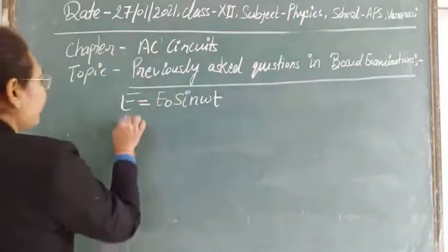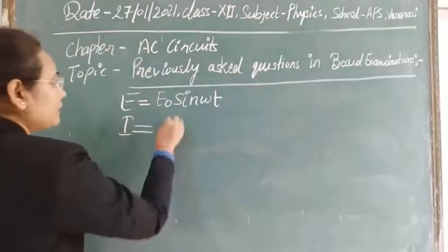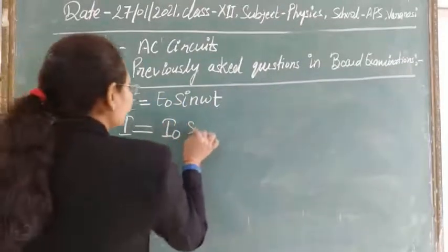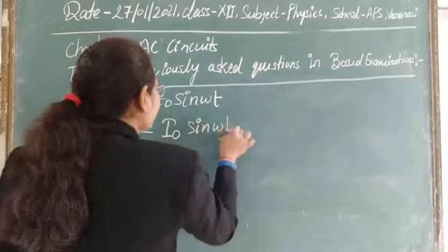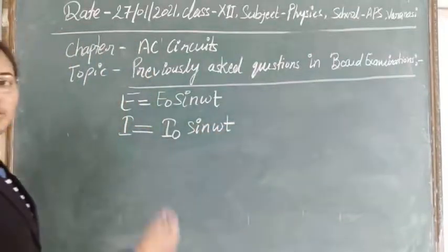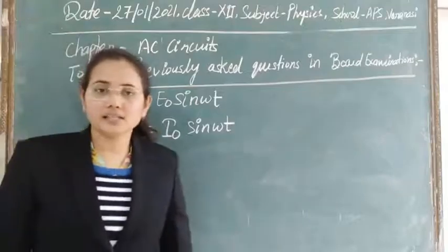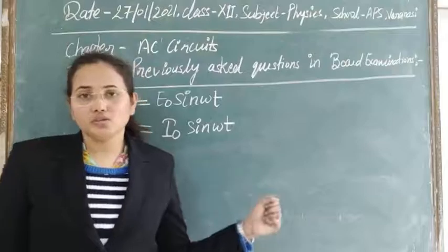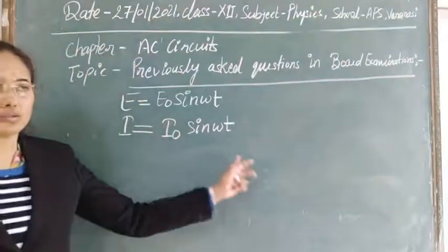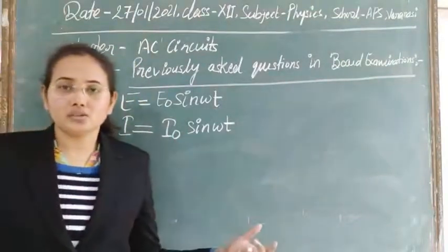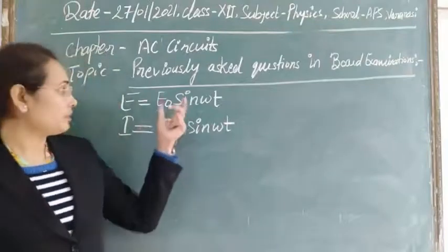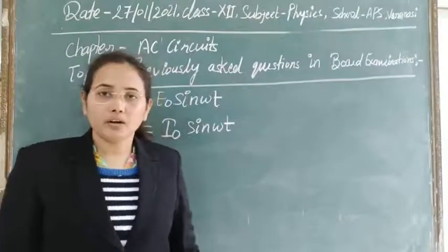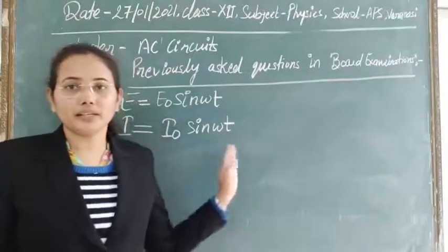Second, if we have to find the current at any time t, the instantaneous current, or instantaneous voltage as it is also called, this is represented by I0 sine omega t. You can also use cos omega t here, as you already know from the chapter on wave motion, so there is no need to tell you again that you can take cos also. Because sine and cosine both represent a harmonic wave or any progressive wave, you can definitely take both here.